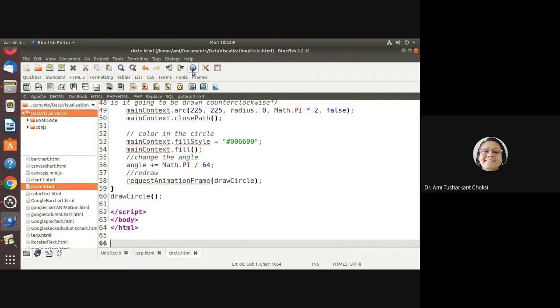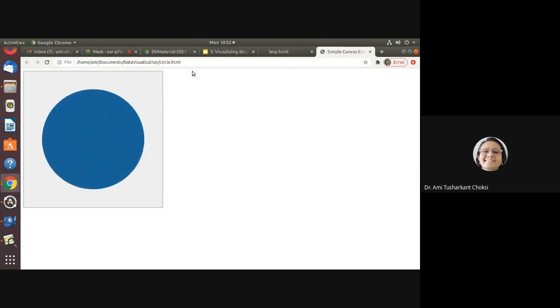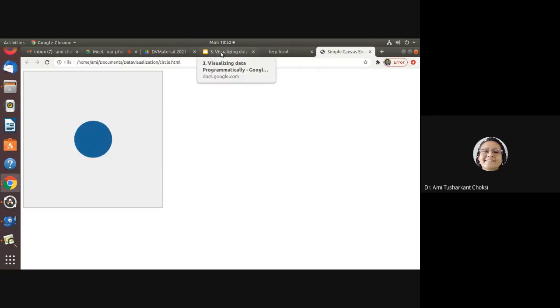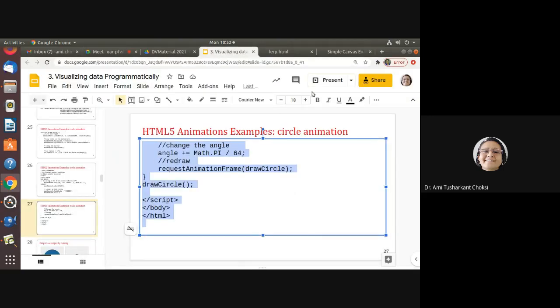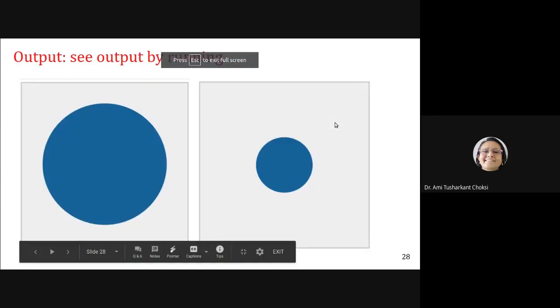Let us preview in the browser. Yeah, see the animation. The circle is going bigger, smaller, bigger, smaller, and we are able to see the animation of it. Let us proceed further.